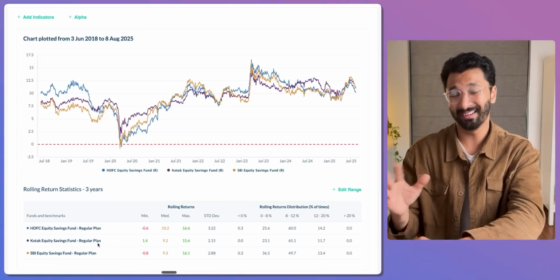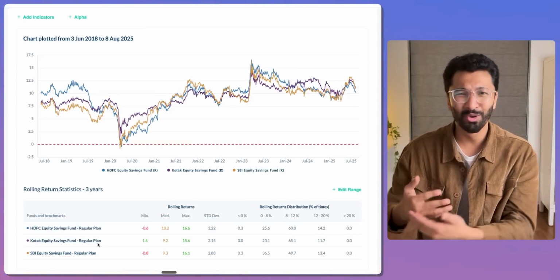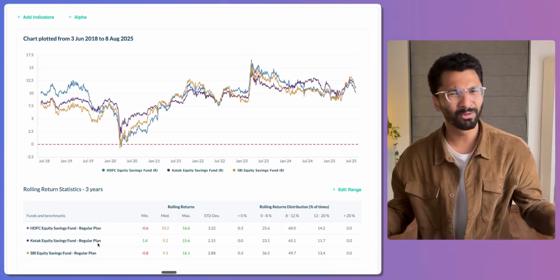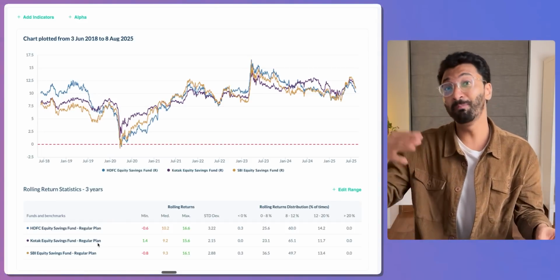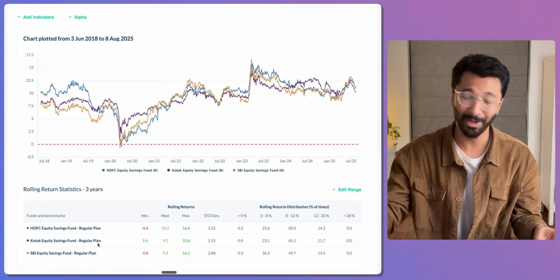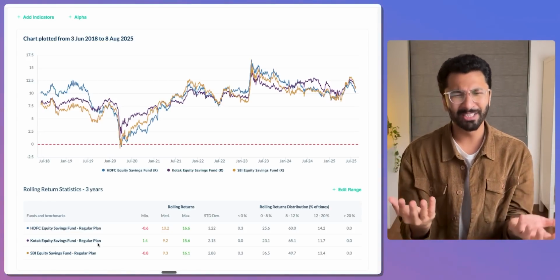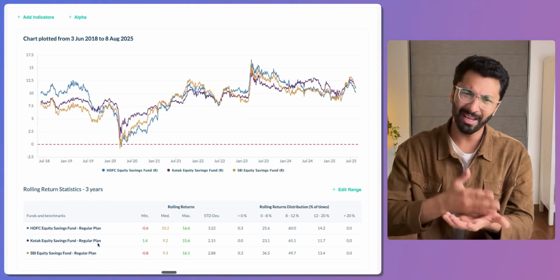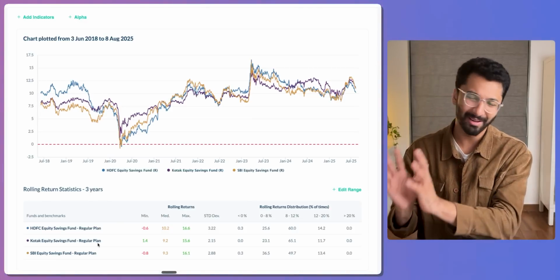So keep that in mind as you potentially invest in equity savings funds, because you don't want to invest in these thinking that, oh, I'll get 20% returns in 1 year. Now, that is not impossible, but the stock market will have to do remarkably well for that to happen, right? If you notice here, it has never ever happened in the past. So it's important to temper expectations between 8 to 10% returns. That's what you should calculate when you're looking at equity savings funds.